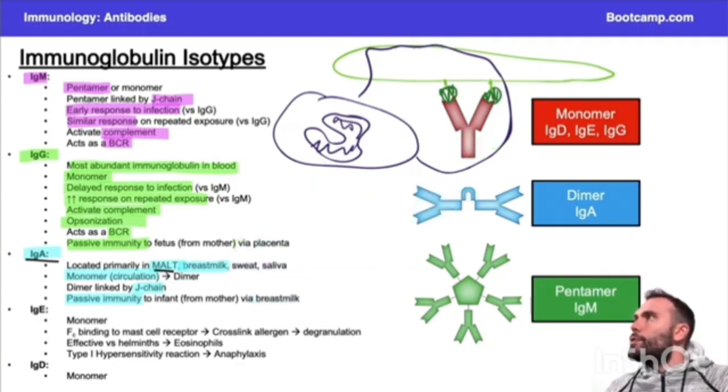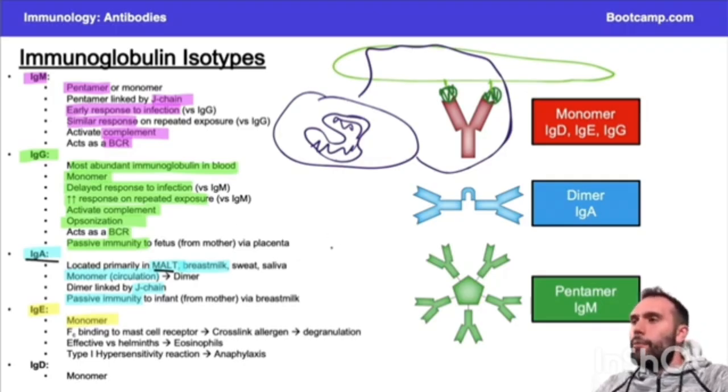All right, let's jump down to the IgE antibody. So the IgE antibody, also a monomer like IgG. And the thing that you want to remember with IgE, there's two big things. It's really going to be its ability to respond to helminthic infections, so we're talking about worms, parasites. Also, its effects when we're talking about type 1 hypersensitivity reactions and things like asthma. We have a whole video on that already, so I don't want to go into too much detail in this video, but the concept essentially is, remember, you have mast cells and basophils that are housing